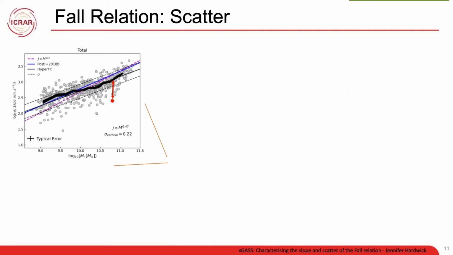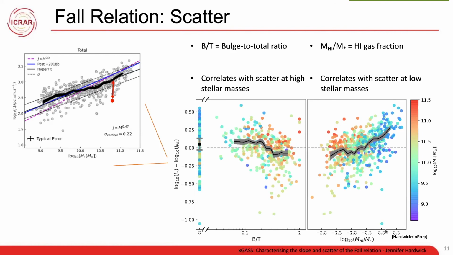And we took every galaxy and measured its vertical offset from the best fitting relation and plotted that against different quantities. We've got bulge to total ratio here that we're plotting it against, as well as HI gas fraction. I've got the running median shown here as the black line, with the grey being the error on the median. And you can see that there is a relationship between bulge to total ratio and the scatter of the relation. In particular, for these red galaxies, which are high mass galaxies, there is quite a strong trend,